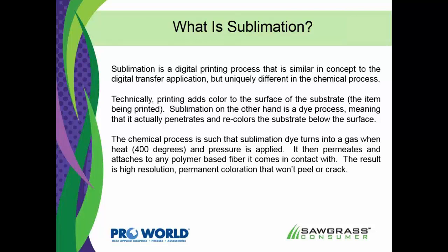It's actually dye. There's a little difference between dyes and inks. But if you take a look at that, you would think it looks just like any other type of ink, but it's actually very different in how it works. We're going to load that into an inkjet printer. We're going to print it out on a transfer paper designed for sublimation, and we're going to take that piece of transfer paper over to a heat press, lay it on top of the item we want to decorate, close the two up like a sandwich, and when we apply approximately 400 degrees, the sublimation dye itself turns